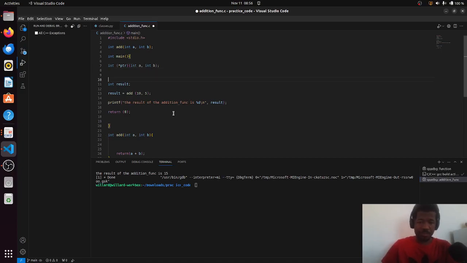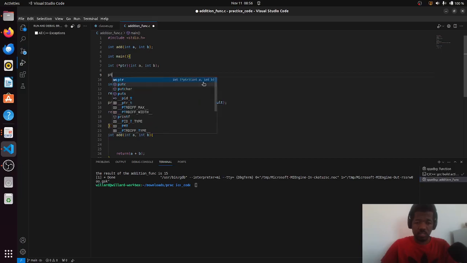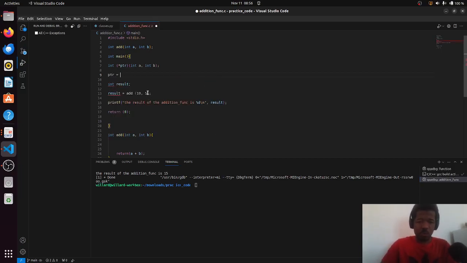Okay, now let's pass add to our pointer. In C, that's what we do. So pointer equals add, like that. Okay, now that pointer is equal to add,